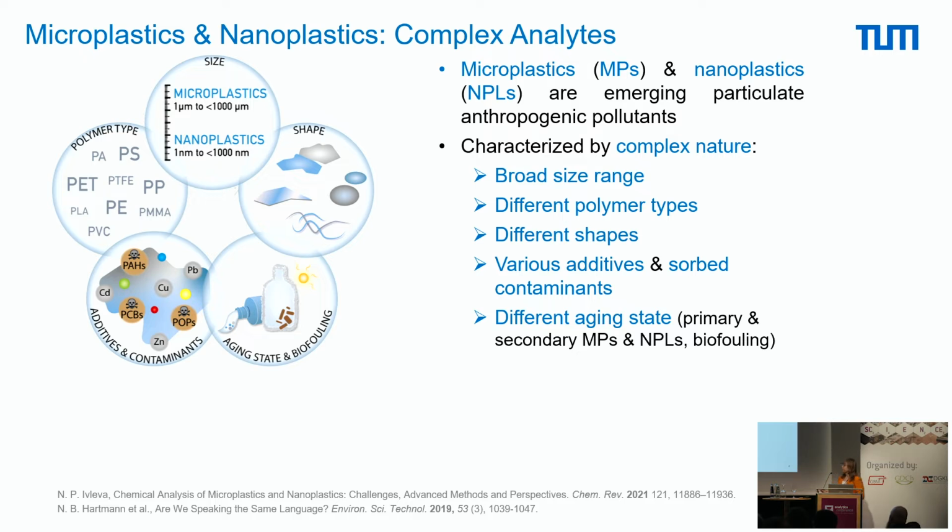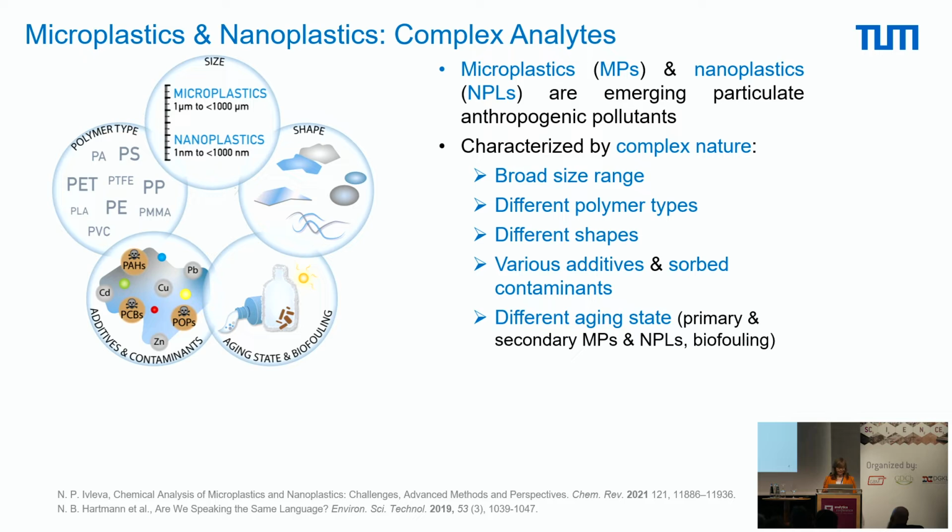We also have different shapes, from spherical particles to fibers, films, or foams, which makes automated recognition of these particles really challenging. We have various additives and sorbed contaminants on the surface. Plastic particles can also be in different aging states. They can be primary particles, intentionally produced, or secondary particles, which are formed in the environment due to fragmentation